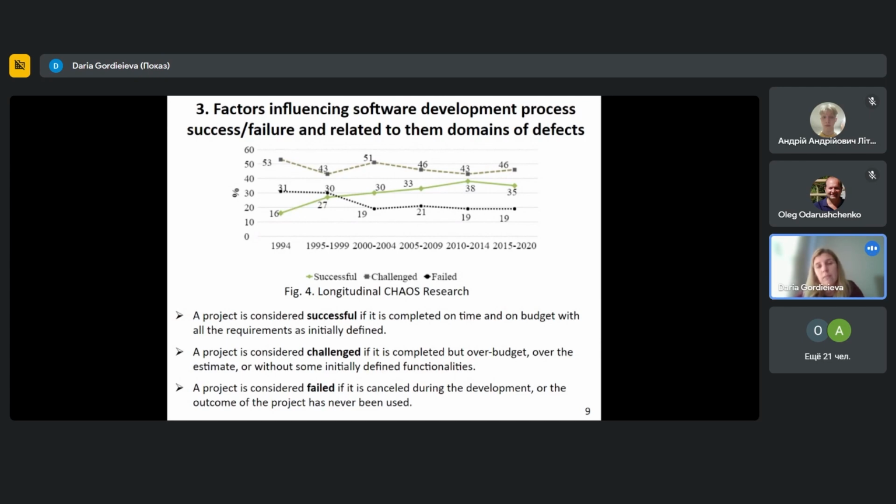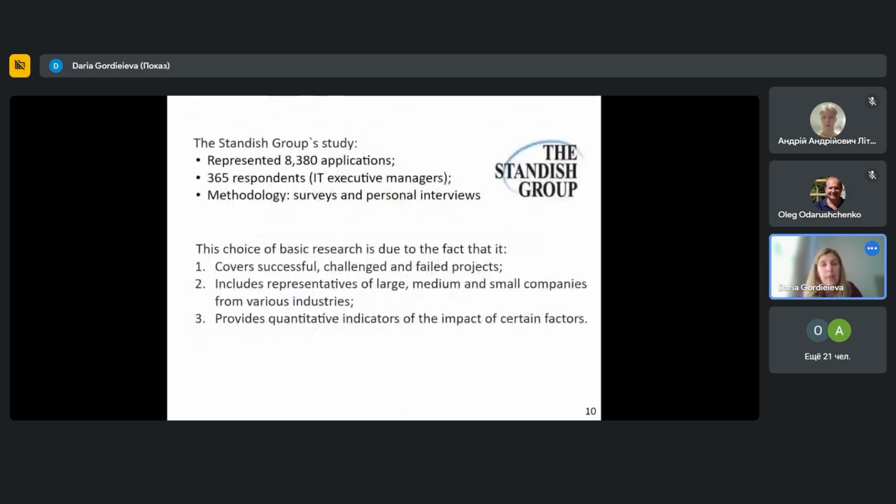On average, starting from the 2000s, despite the development of new technologies and the implementation of new project management methodologies, the frequency of unsuccessful projects has remained around 20% for many years. One reason for this trend may be that the complexity of projects has increased and the time to complete them has decreased. To figure out the relationship between the domain of defects that occur at different stages of software development and the factors that affect the software process, and accordingly the success of project completion, we took as a basis the most popular study of the Standish Group,